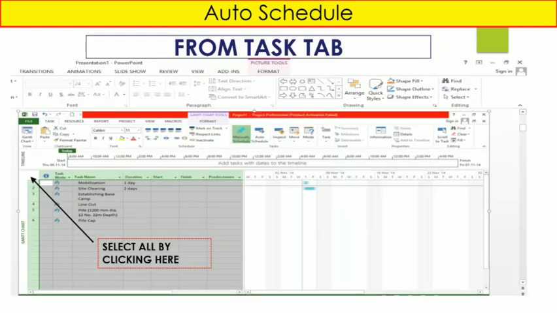If you want to select auto schedule from the task tab, select all your activities and all your columns by going to this particular space, select all your activities and columns in that Microsoft Project, and then go to the task tab.